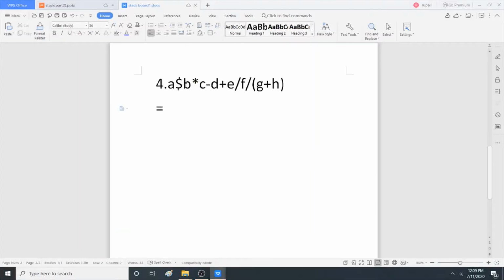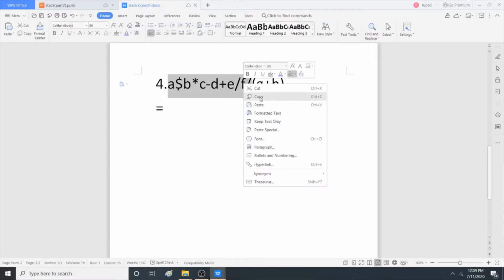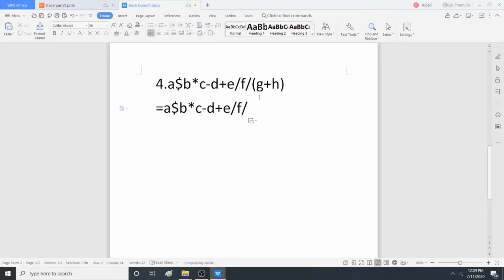Another example. See, this is an infix expression. You have to convert it to the corresponding postfix expression. Now, see the operators. There is one dollar, by, into, plus, minus, also bracket is there. So, first highest priority has this bracket. So, first bracket. So, just copy this total thing. Then G plus H means after postfix it becomes GH plus, and underline this.